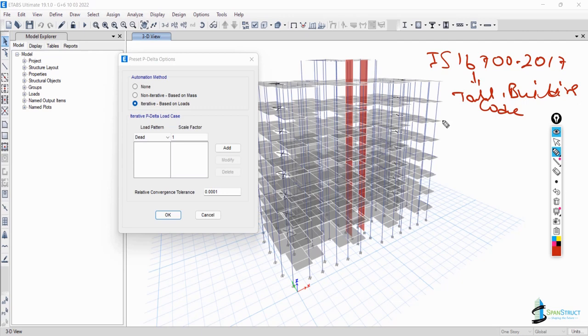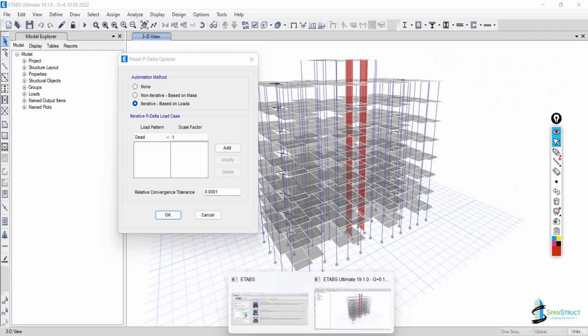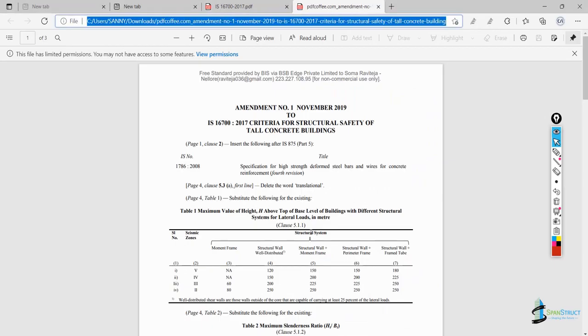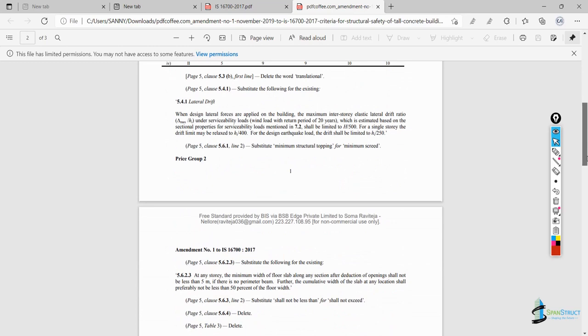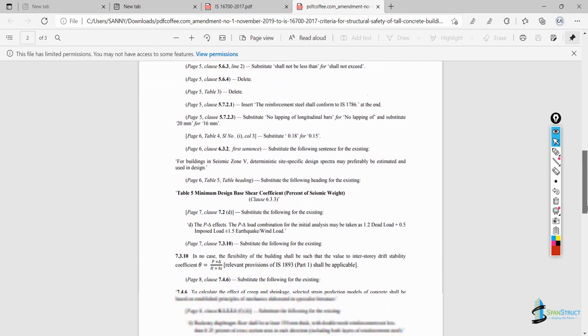In the IS code of 16700-2017, one amendment came in November 2019. So if you look at amendment number 1, which came in November, this is the code of IS 16700-2017 with amendment number 1, which came in November 2019. When you scroll down this code and come to clause number 7.2,